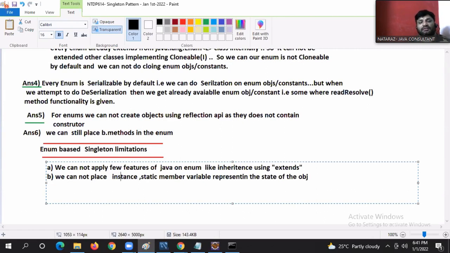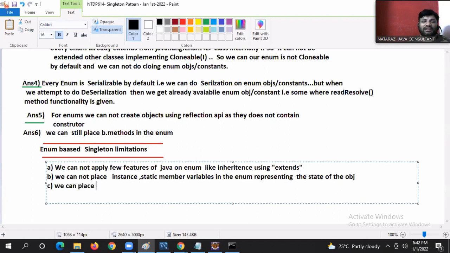Variables in the enum represent the state of the object. See guys,